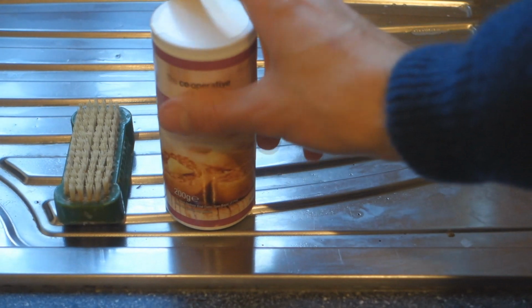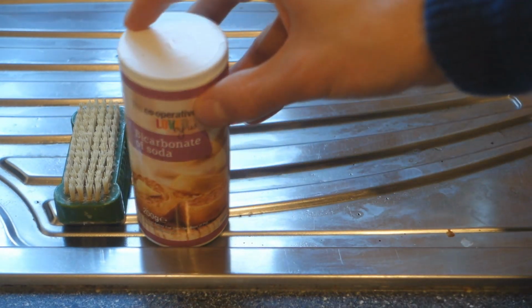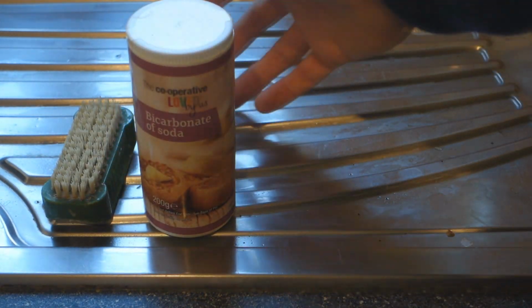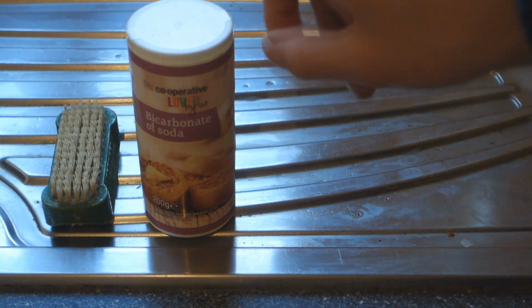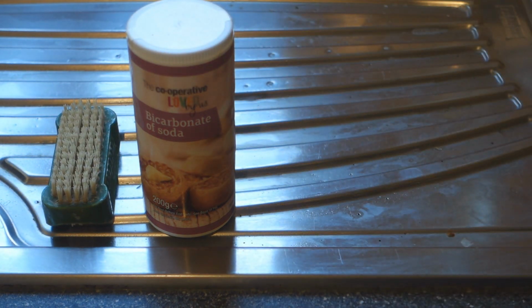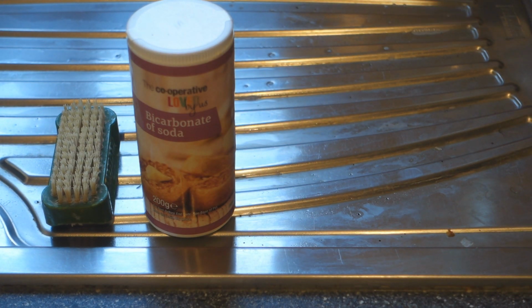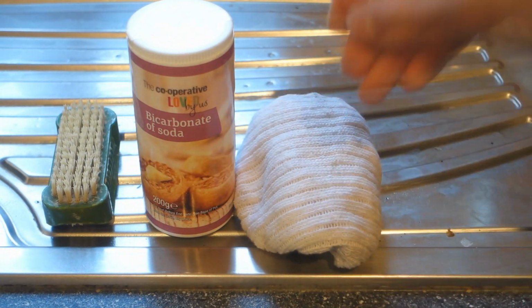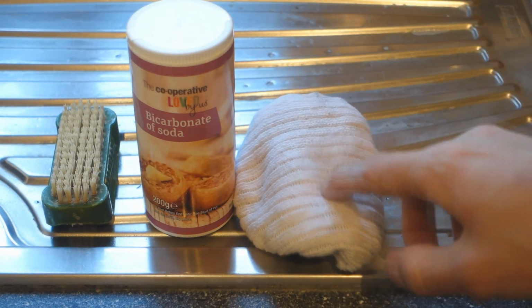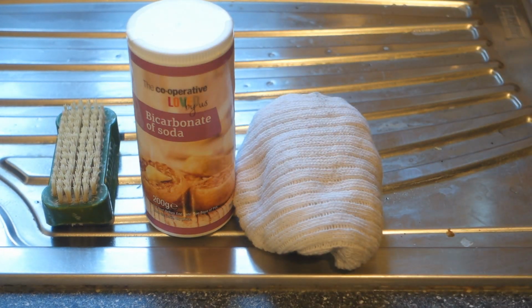Next, a good idea is to get some bicarbonate of soda. This is good as an abrasive, to help if you have some really thick dirt you need to get out. This is good for getting in there and giving some more abrasion. Next up, you may need a cloth. This can be used for the wipe down or the waxing. You may actually need a couple of cloths, but yeah, a good cloth. And last but not least,